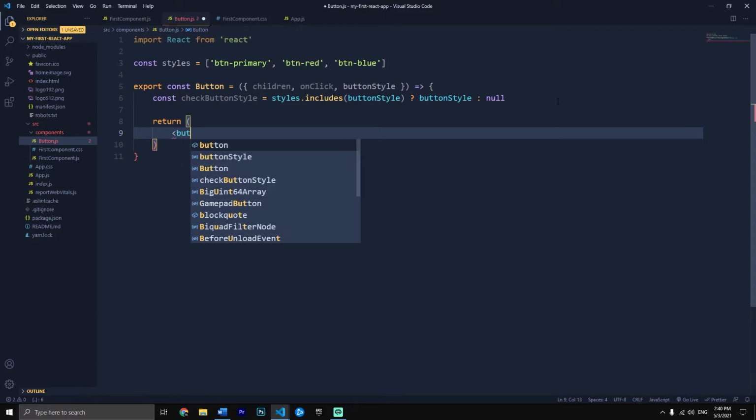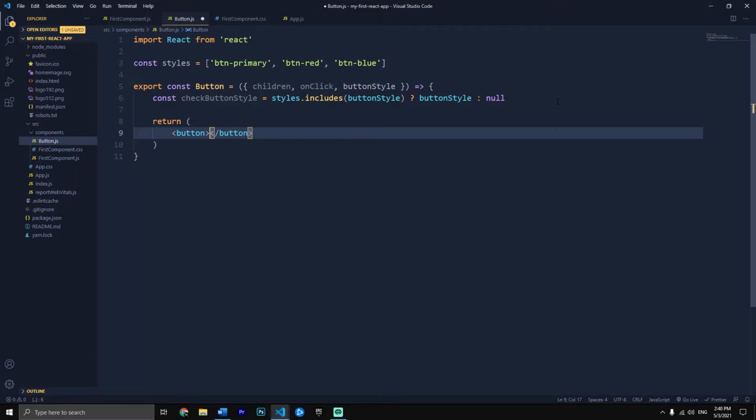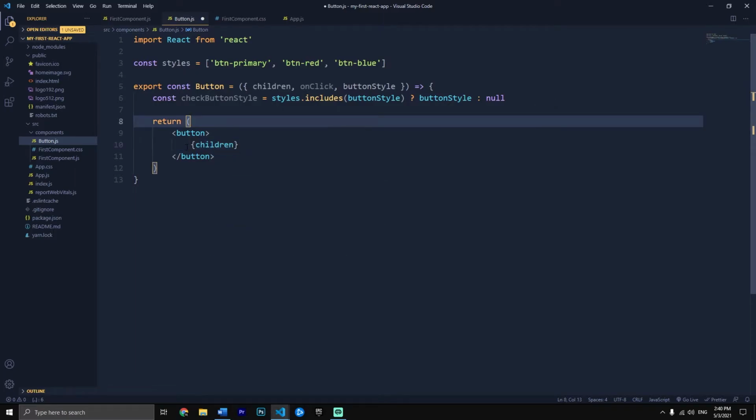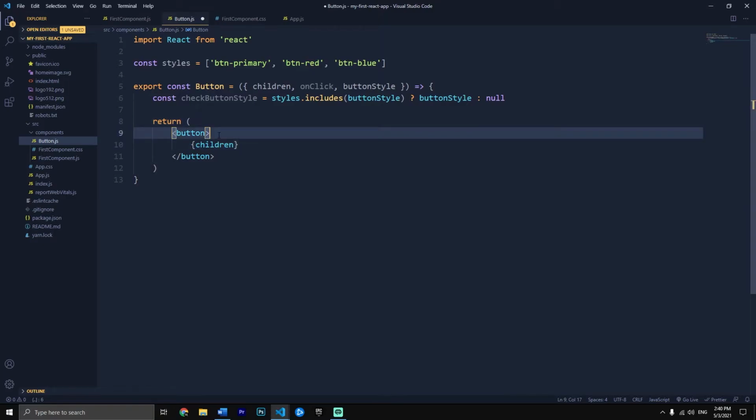What do we want? We want a button component or button tag. And as I said, the children is the text. So children inside that. And of course, it's a dynamic value. It's not going to type children. It's going to type what's inside it. So anything inside it, it's going to count as a text. And then before the closing tag,